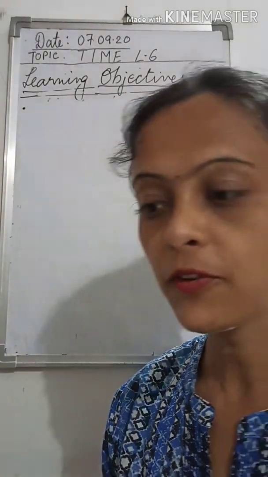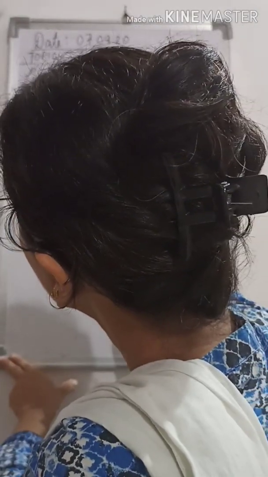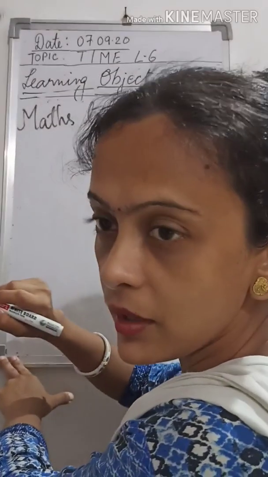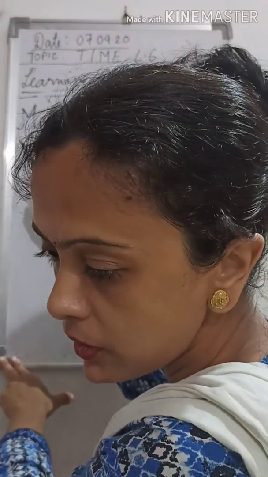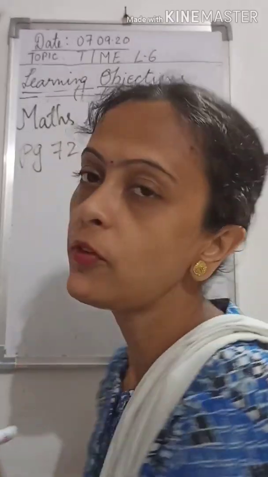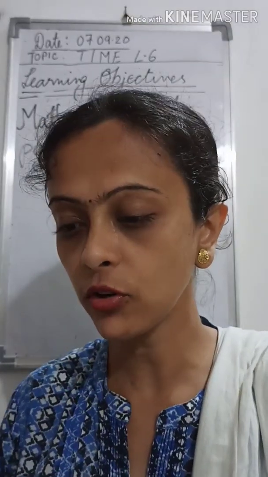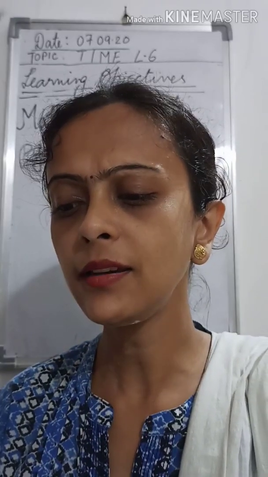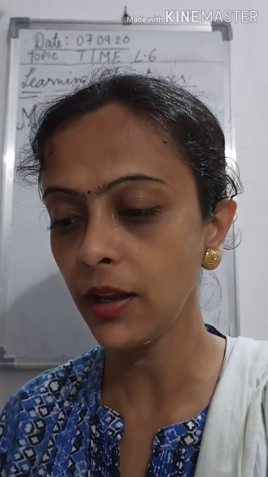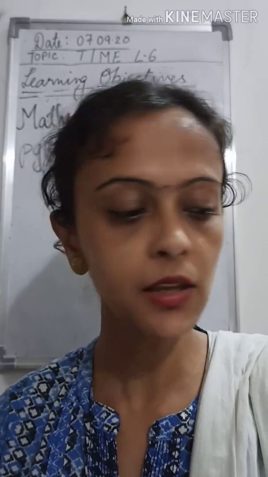Children, the very first thing is that I would like to make a little correction, a little change, on page number 72 of your maths textbook. We have already done this in our last recorded class, so please do the correction right now. Maths textbook, page number 72, question number 1, part A. Even if we have done it in the copy as it was given in the last recorded class, a little change is there. Let me explain properly so that you can understand it, and just do the change wherever the change is shown now.